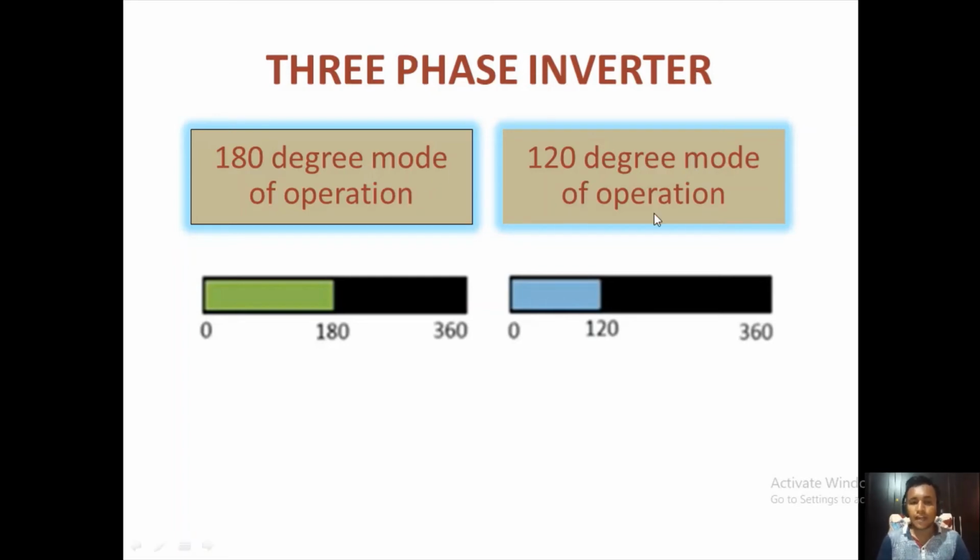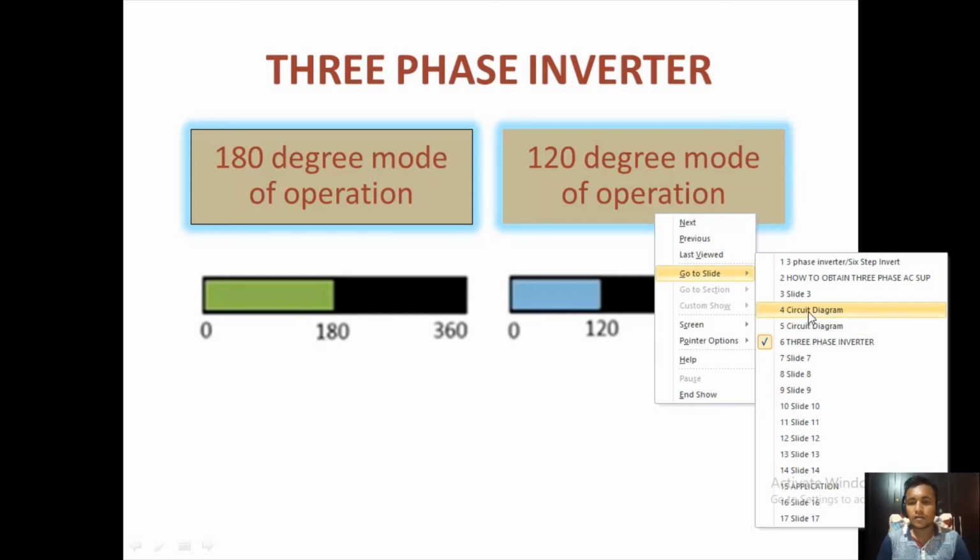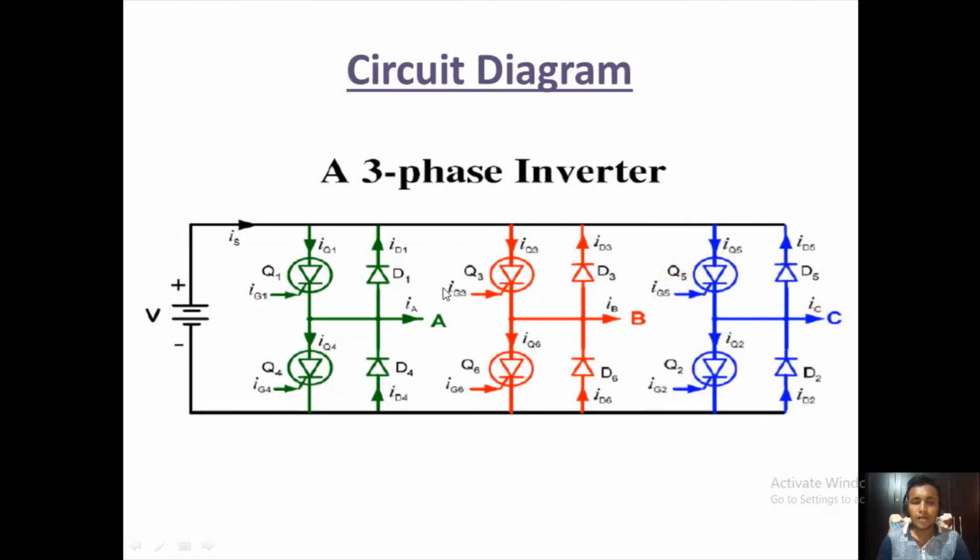In this circuit diagram, we have seen 6 thyristors, and there are 6 intervals. So in every interval, 3 thyristors remain on. Okay. Now